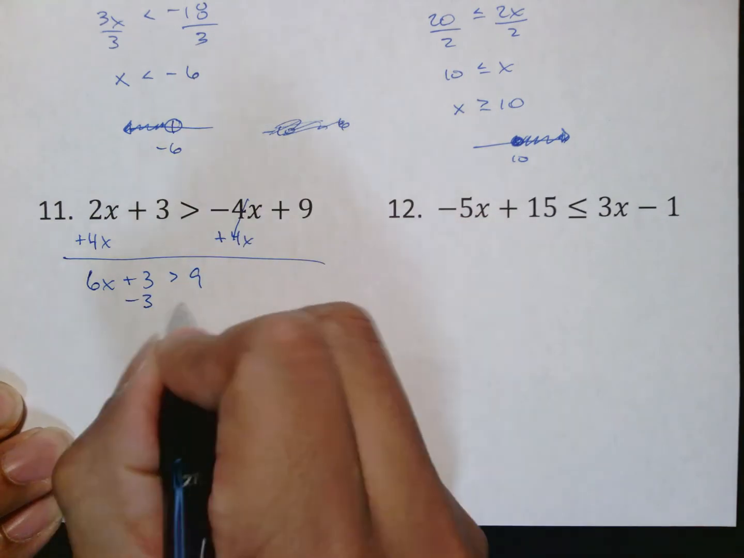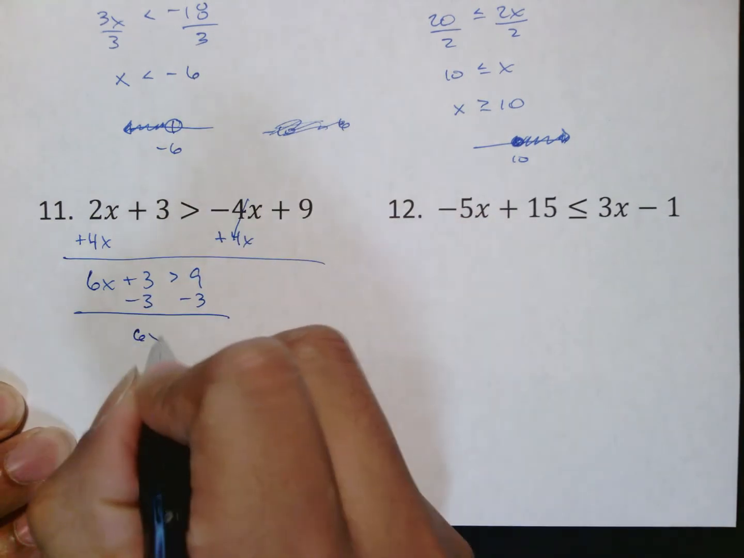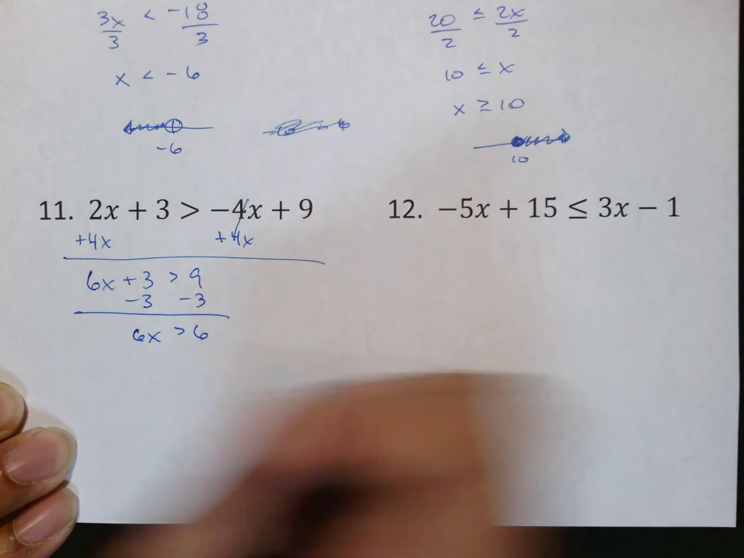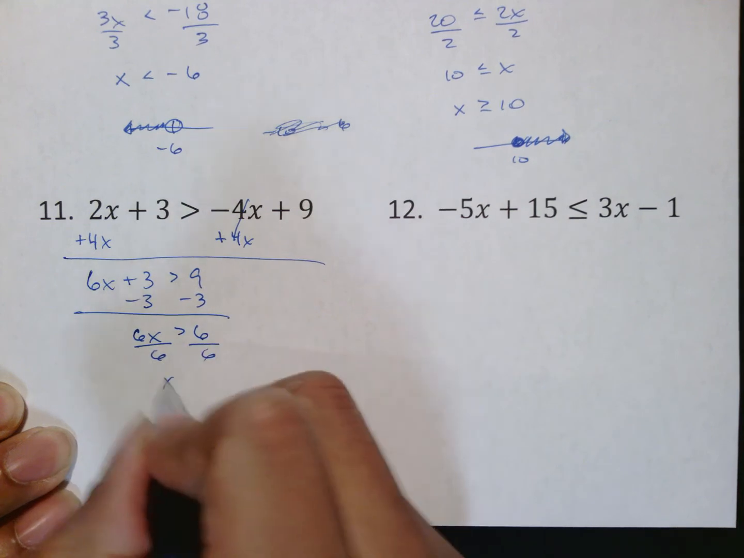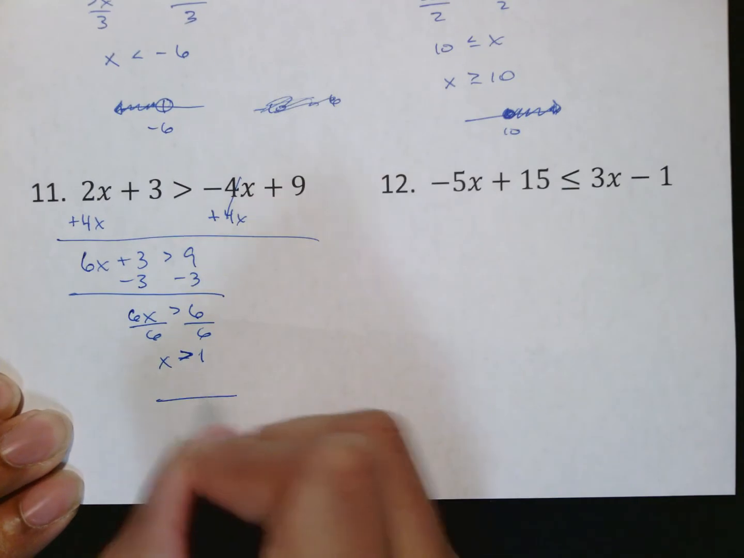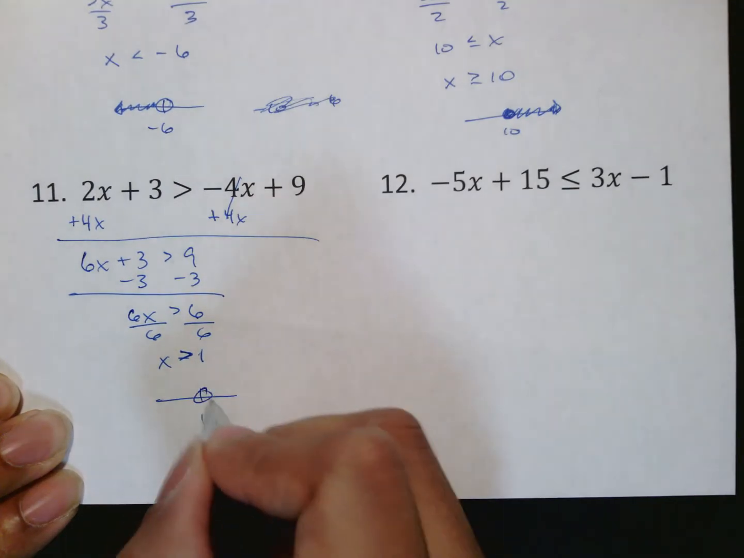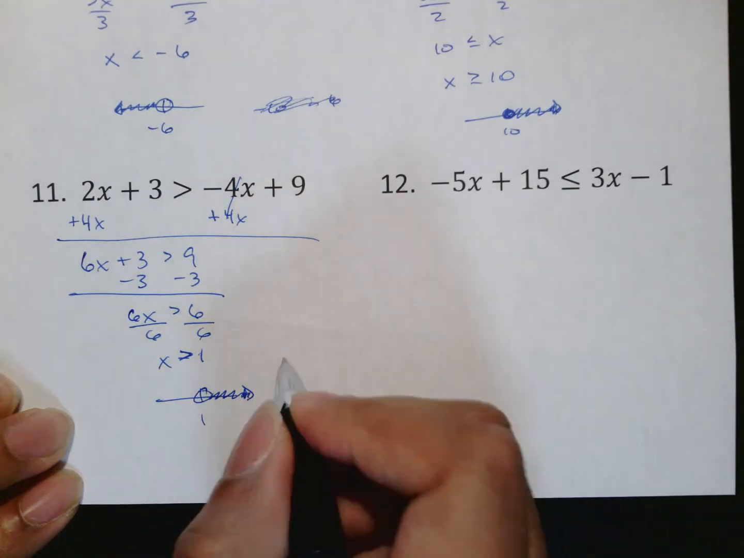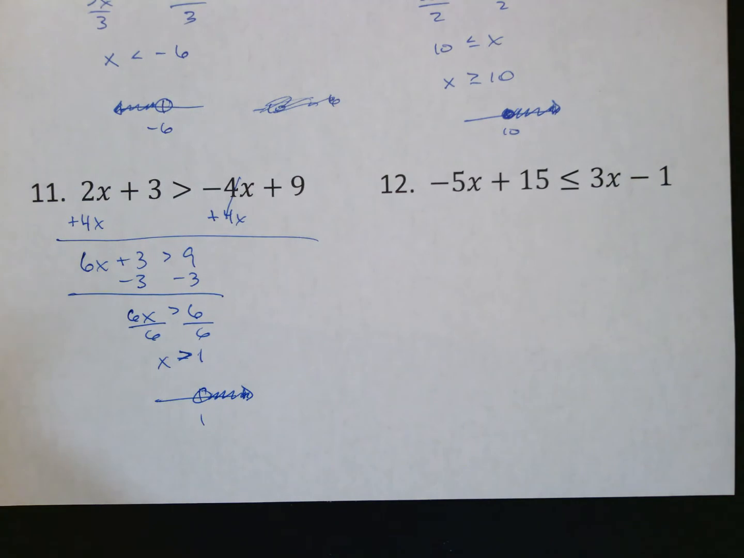You then subtract 3 from both sides, and you divide by 6, getting this answer. Again, graphing that 1, open circle, going to the right. Number 12,